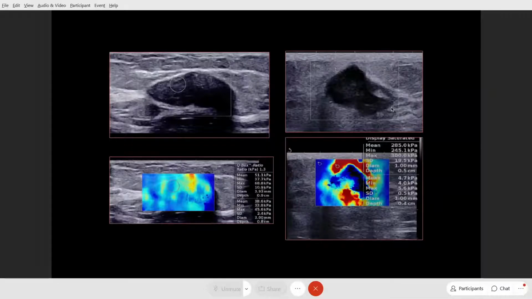The first one was a fibroadenoma, and the second one was a triple negative breast cancer. As we all know, triple negative breast cancer is notorious for having a circumscribed margin and is more commonly seen in younger age women. So in this case, elastography shifted my diagnosis, and I upgraded a BI-RADS 3 lesion to a BI-RADS 4, and I performed the biopsy.